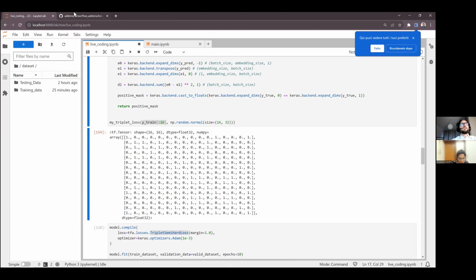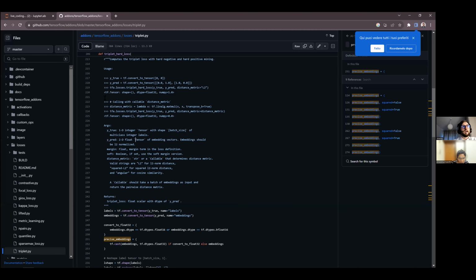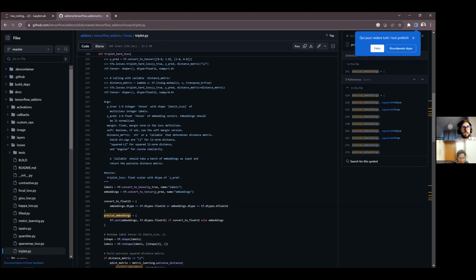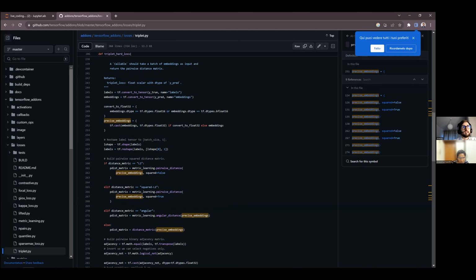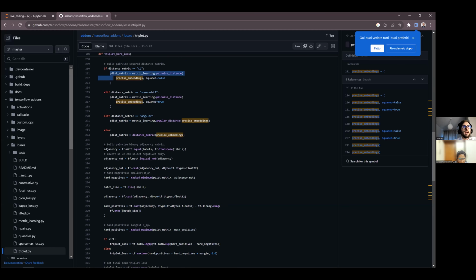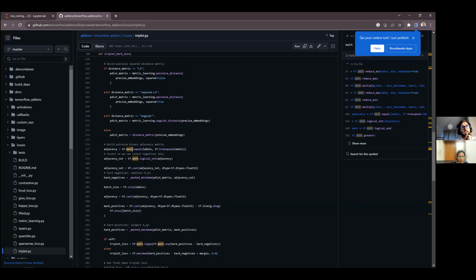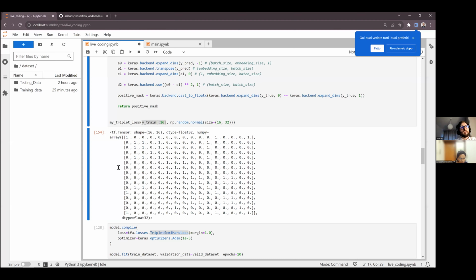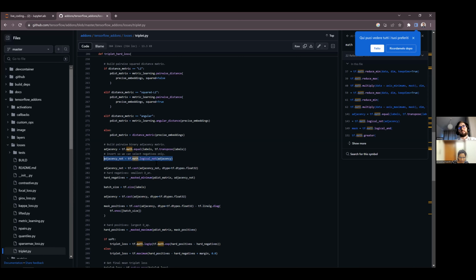Now, let's say, for example, we want to implement the triplet hard loss. It has done something similar in that case. It has computed the distance matrix, okay? And then here it has done something very similar. It has transposed the labels and checked if they are similar. So this adjacency is simply our positive mask. And then it does something similar, this logical not. So they are not similar, so they are negative, and we can do the same.